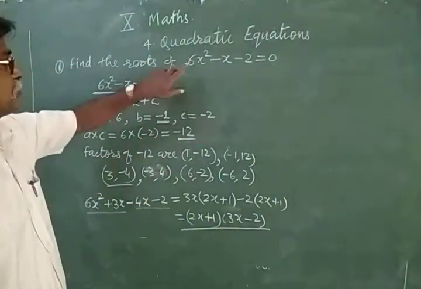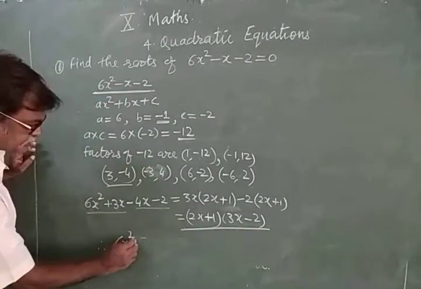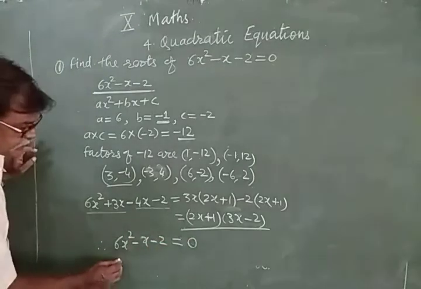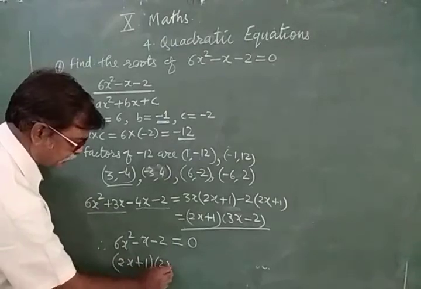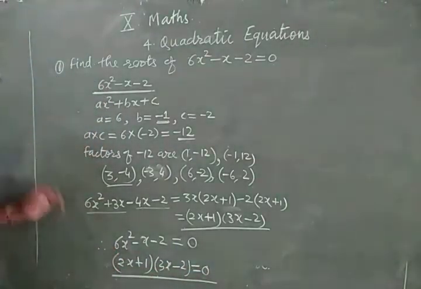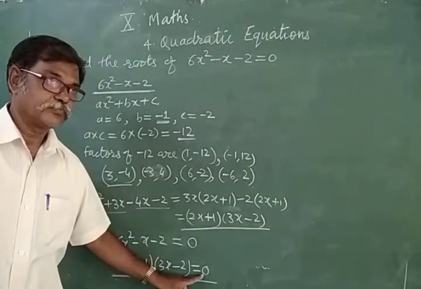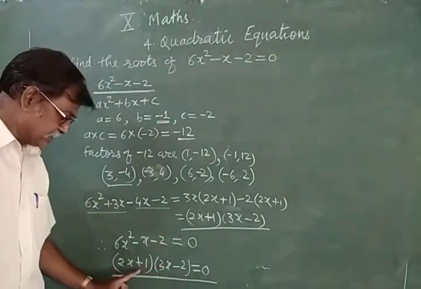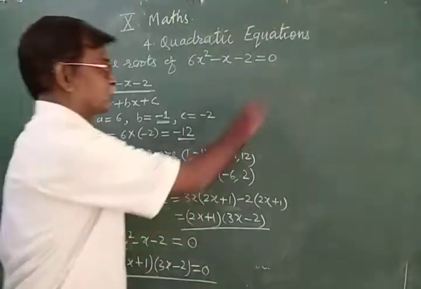After this we substitute in this equation. Therefore 6x square minus x minus 2 is equal to 0 is written as 2x plus 1 into 3x minus 2 is equal to 0. Now we got two factors whose product is 0. So either of these two factors must be 0, not both. So from this we can say